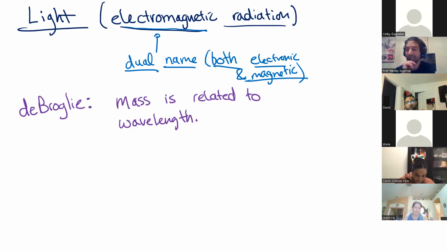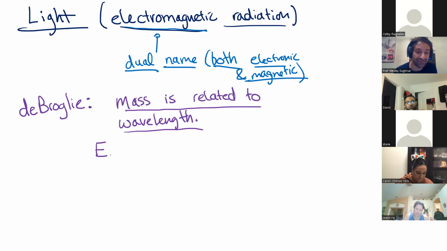Okay, so let me actually pause right here because I want you guys to also take a break. And on top of that, I want you to think about this idea. Mass is related to wavelength. We're going to say that de Broglie actually said everything